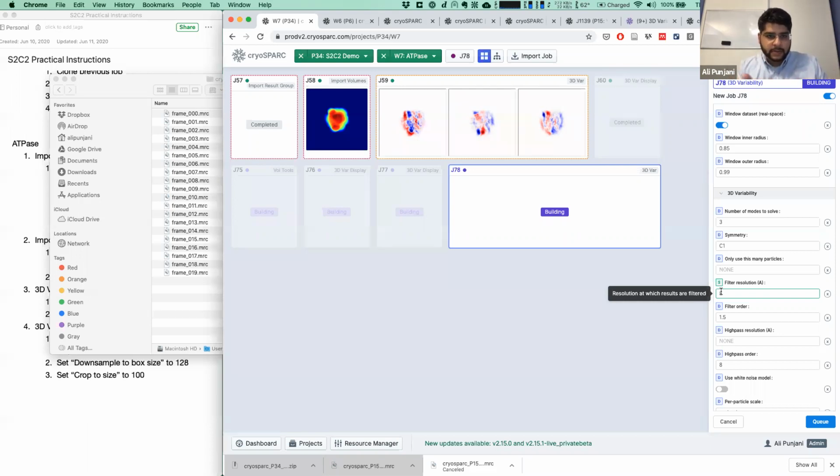And that is very common, since that's probably how most particles work. In that scenario, the first time you run 3D variability analysis with all the particles, you're likely to only resolve the fact that there are multiple conformational states. Once you've done that and you can see that that's the case, it's a good idea to use heterogeneous refinement or the clustering version of 3D variability display, which you can read the tutorial for, just like I showed with